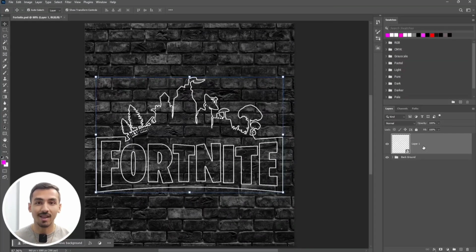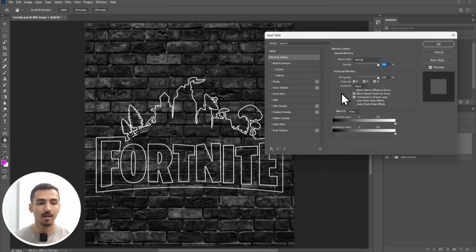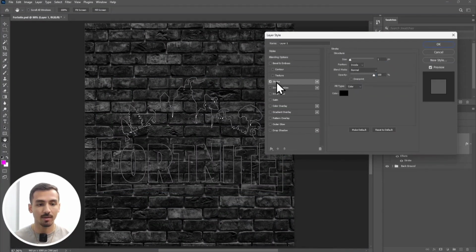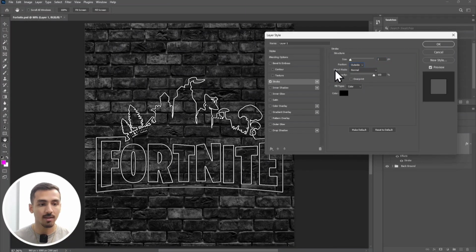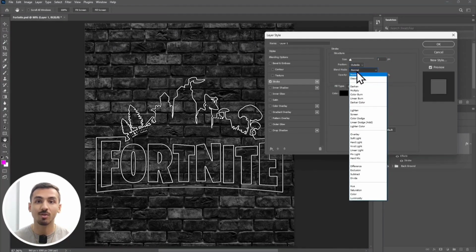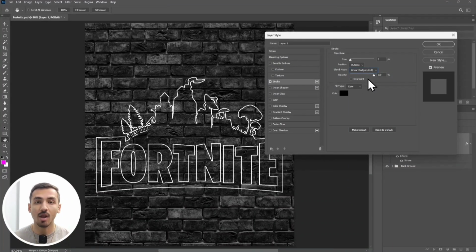Step number 4. It's neon time. Make your layer selected, double click on free space of your layer and enable the stroke. Size should be changed and 2 pixels is good. Position should be changed to outside. Blend mode should be changed to linear dodge. Opacity 100% and fill type should be color,